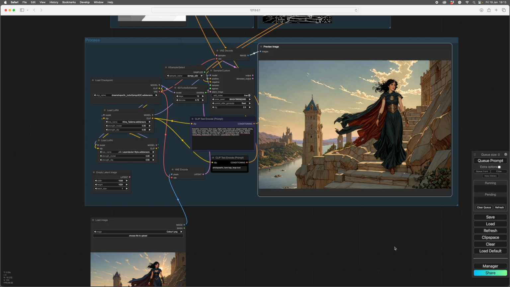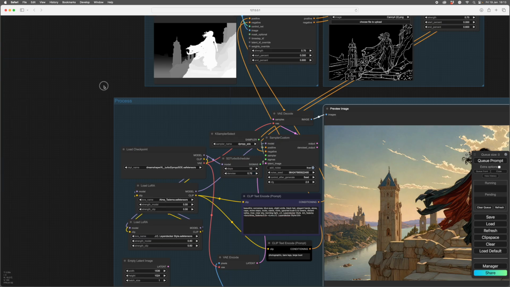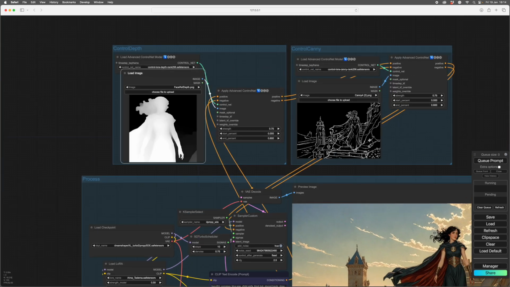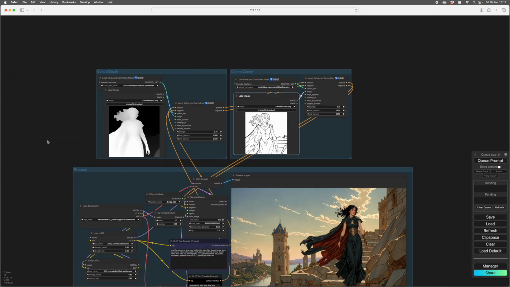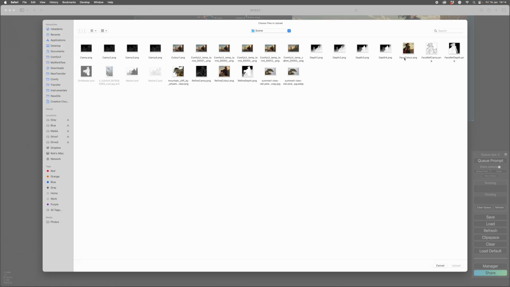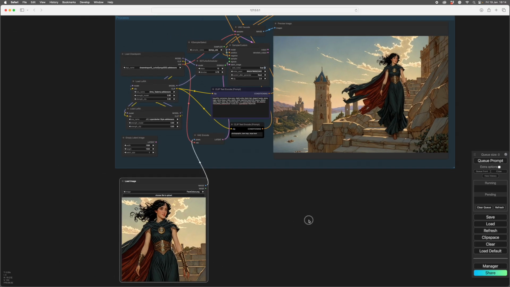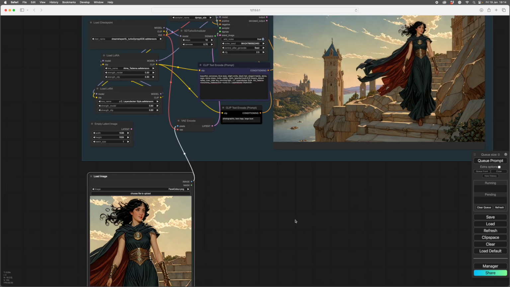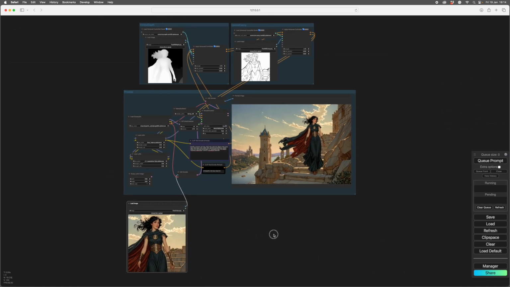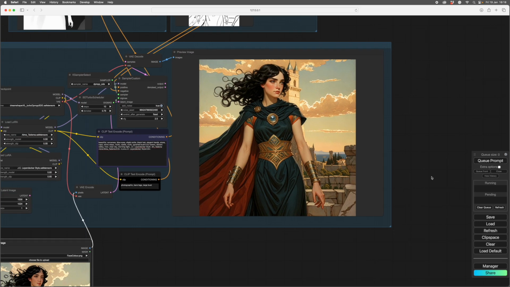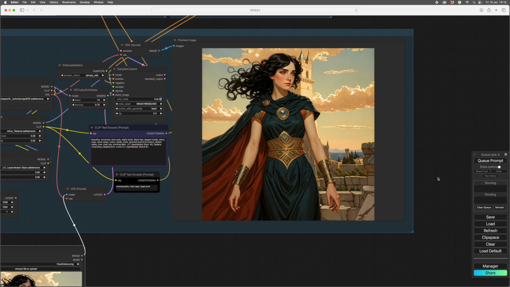So that done. So here we are back in Comfy, and I'm going to load those maps in. The face depth, the face Canny, and last but not least, the face colour. And I want to give it a little bit more leeway to change. Well, we'll have a look at that and see. So we'll prompt that. So here she is back, and as you see, she looks very good. So all I have to do now is drop her